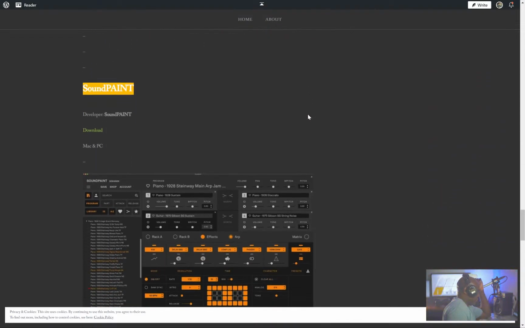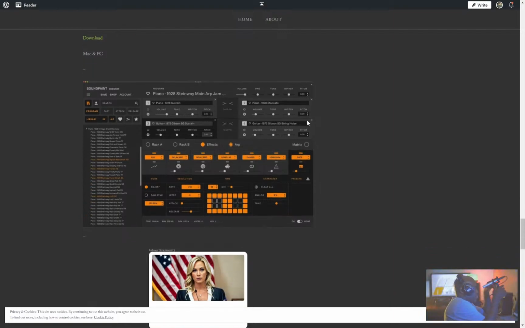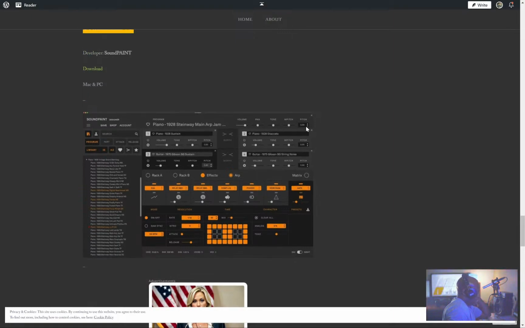Next up we have SoundPaint. Now SoundPaint, this one I think has been around for about 2 years, and it's from the developer SoundPaint, Mac and PC compatible. And this one is interesting because they put a lot of work into it, you can tell, and they give you a bunch of free presets. They have presets that you can purchase, but the SoundPaint engine itself is free, and they give you a good